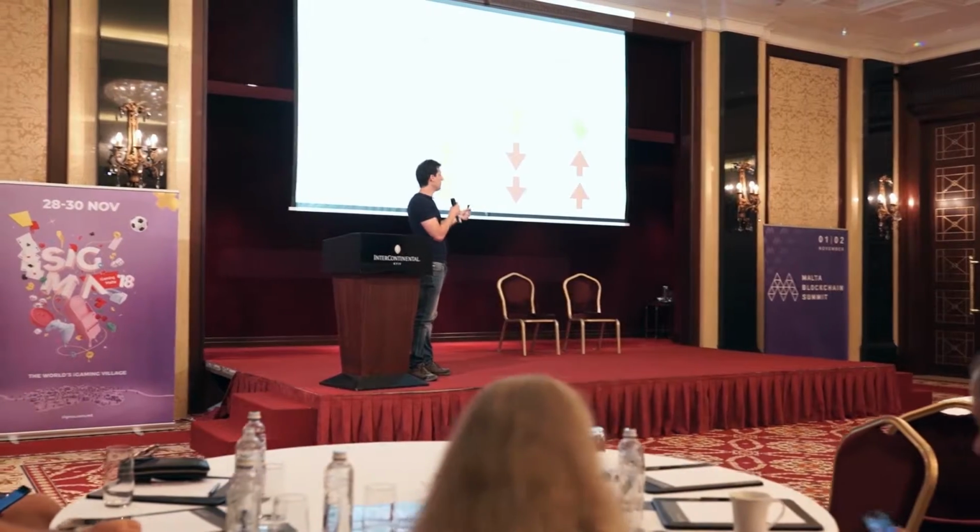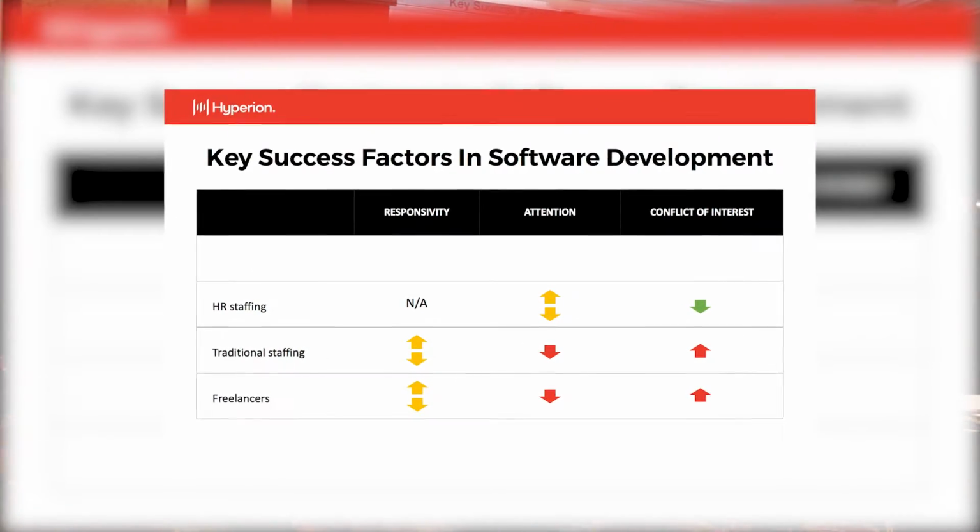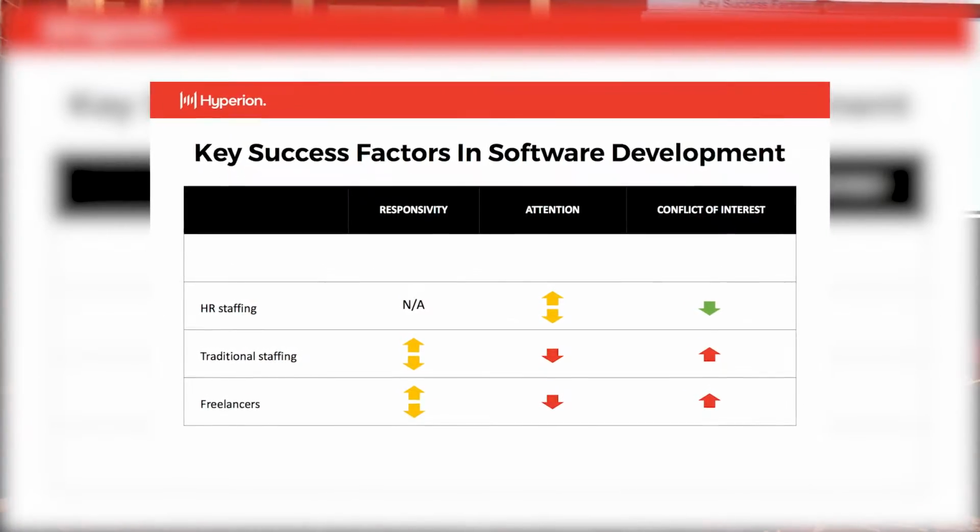You get levels of attention that vary according to the people you hired. You will have all kinds of replacement rates because usually these HR companies don't offer the best work environments. So people that are between projects usually go to find a job for a few months and then they disappear. You might even end up with someone with great attention and skill, but he will be taken away from you. He will just tell you, I'm sorry, I moved to a new place. And conflict of interest is very low in their case because basically all they do is put people in the chair and replace them for you when you're not happy, until you leave.